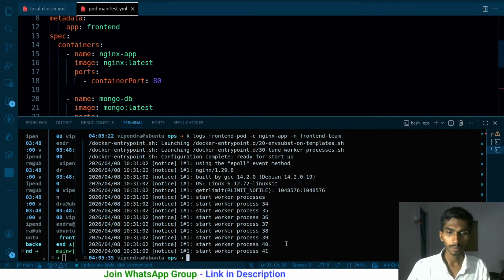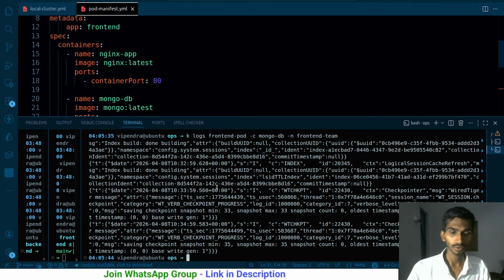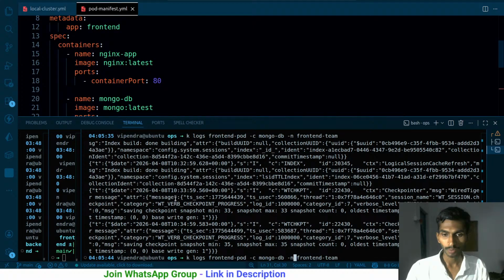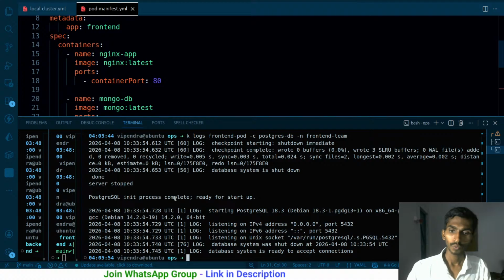Let me run this. So ultimately it is running, we are getting the result over here. Ultimately we are getting the logs. The second thing is the MongoDB, that's running. So yeah, it is also running, we are able to see the logs here. And lastly we have Postgres that is running. So Postgres DB, and let's see, we are even getting the logs from the Postgres DB, and it is ready